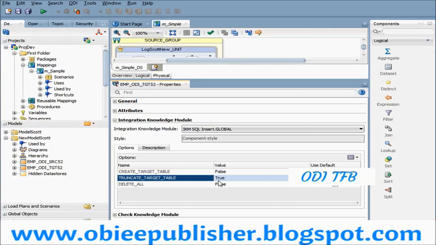If you don't choose truncate, let's say you run this mapping four times, then all four times of loaded data will be there in the target. You will get confused about which record was loaded at what time. When you are practicing and making some changes to the loading, that's why in practice sessions you can always choose truncate, so that every time you can see fresh data in your target. Now I am going to run it.